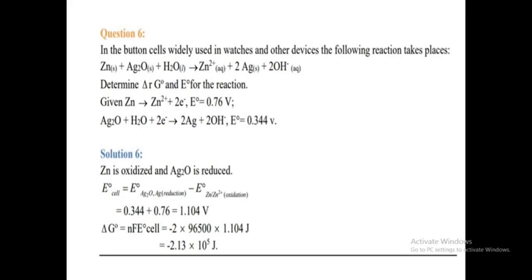Okay, so in today's class we have learned about the Nernst equation, and then we have seen applications of the Nernst equation to determine the equilibrium constant, and then to determine the Gibbs free energy of a chemical reaction, and then we have solved some numericals to learn how to determine the EMF of the cell when concentrations are given, then the cell potential, then the equilibrium constant, and the value of Gibbs free energy. So that's all for today's class.